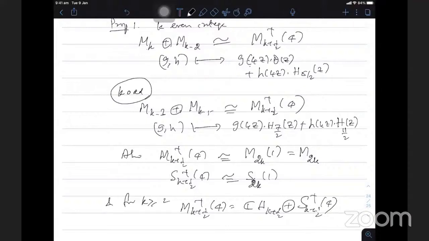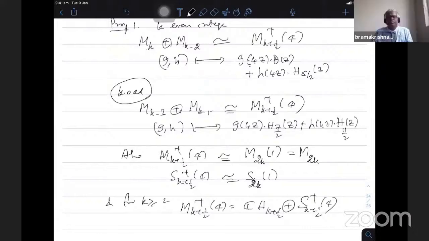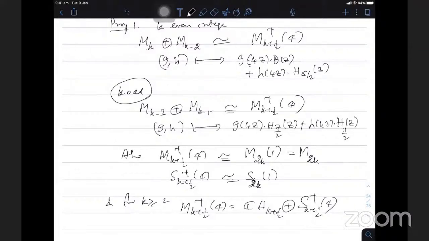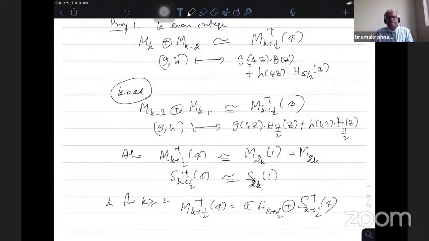Okay. No, sir. You can try and prove. I was looking only at the left hand side, but at the right hand side also there is a K. So yeah. No, because see, the M_{k+1/2} space is there when K is odd or K is even. K is any integer. You should know that. Yes. So yes, I missed that point, sir. Yeah, M_{k+1/2} of that same space, but when parity of K matters, no?